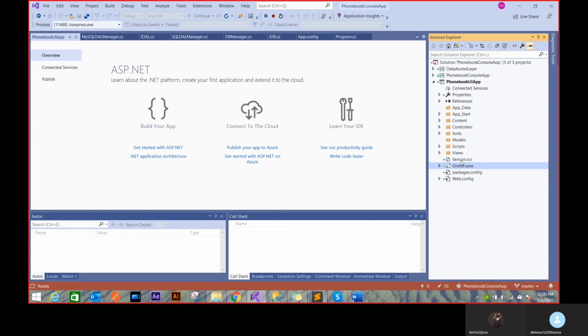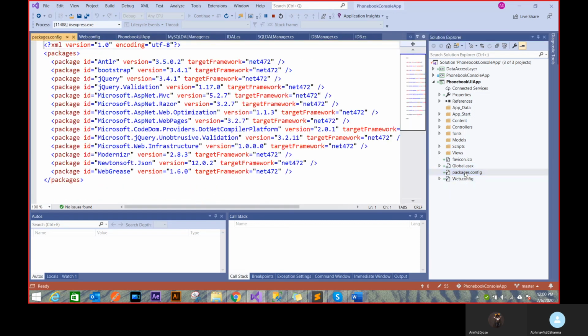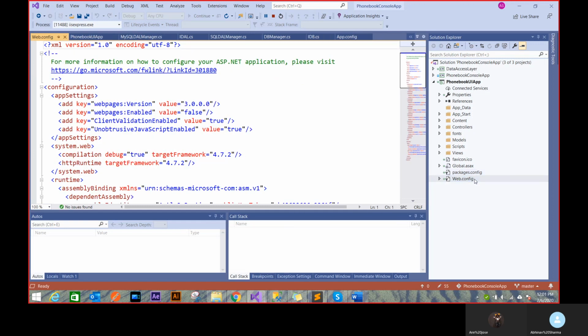And then we have this thing called global.asax and web config and package config. So package config is just to provide me all the different packages that I want to put inside references. I'll be adding to this if I'm getting a package from outside or something else. Right now I have enough. I have everything that I want for running an MVC, so I won't be changing this. Web config is a way to create that configuration. Remember I told you that in web forms we used to configure a lot. We used to configure in web forms using this web config only. Usually the connection string will be in web.config.